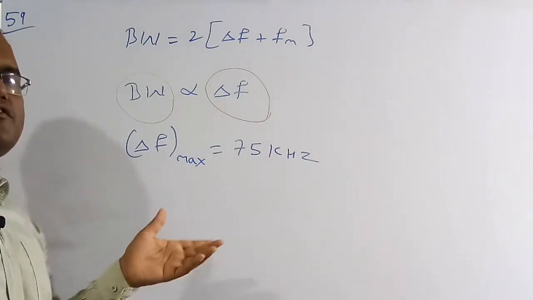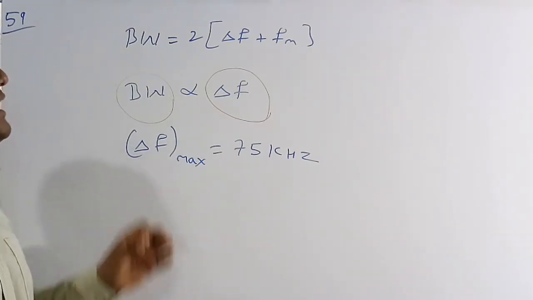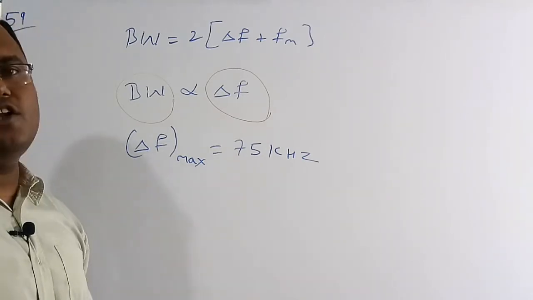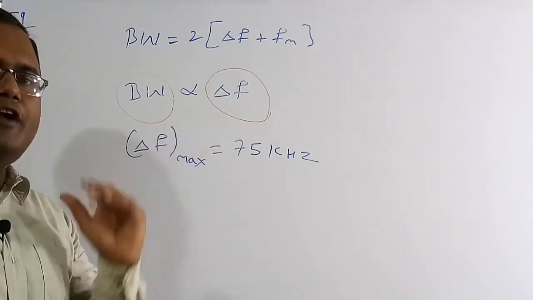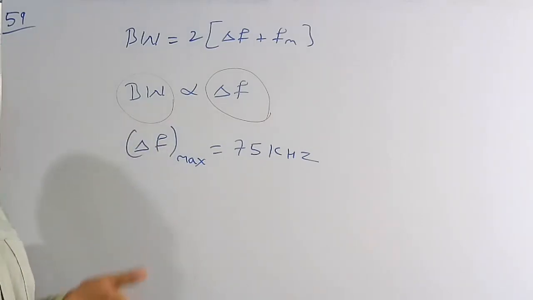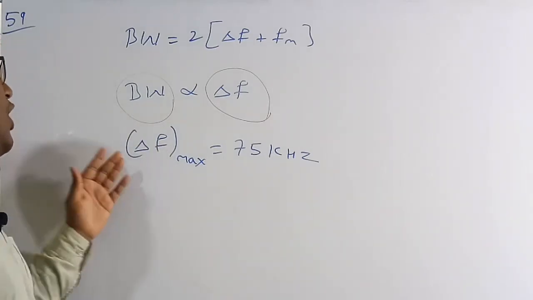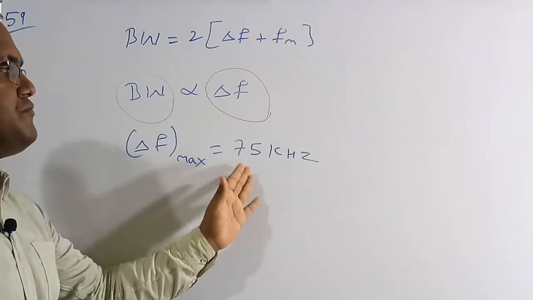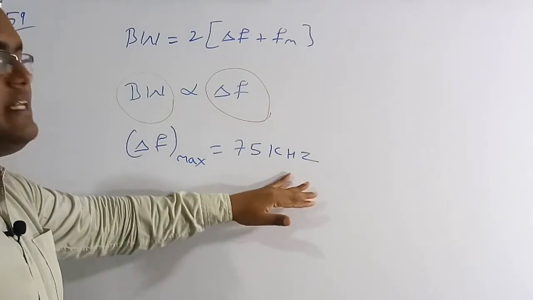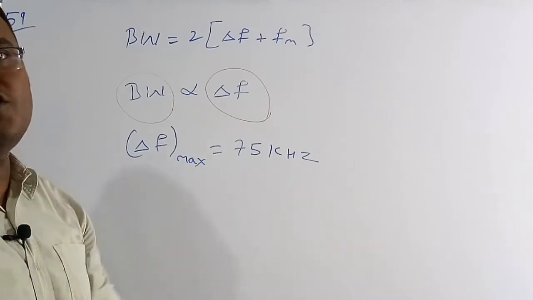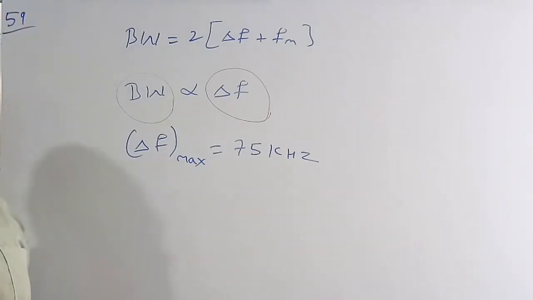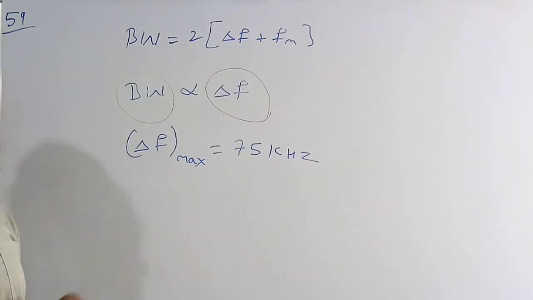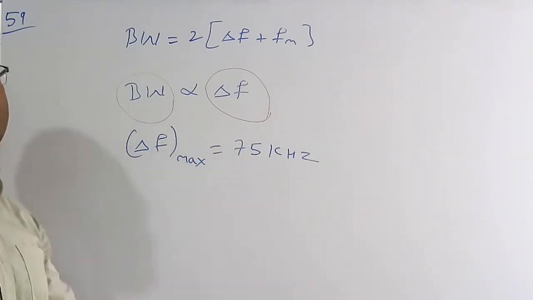So the amount of maximum frequency deviation which can occur in the s of t FM wave is nearly 75 kilohertz. More than this value we must not go because the bandwidth will be further increased. That is the reason the maximum frequency deviation in the FM wave is always 75 kilohertz, and this is called a limit. More than this value we must not use. So the only quantity which has a limit in the FM wave is the frequency deviation. The maximum frequency deviation is 75 kilohertz.